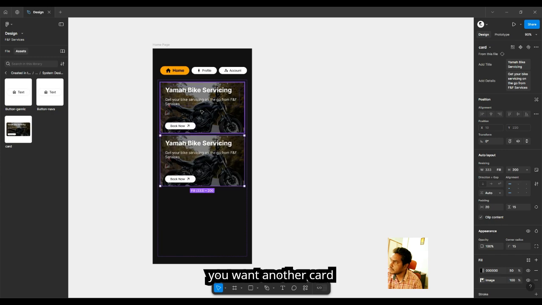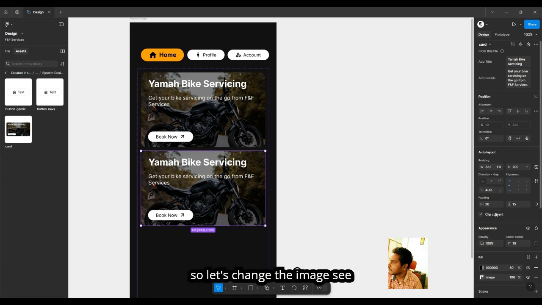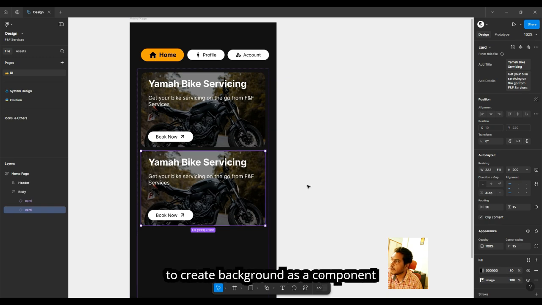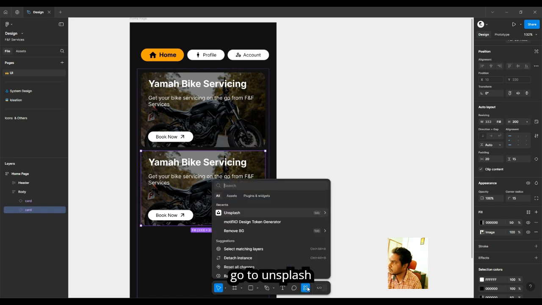you want another card, but it is not for Yamaha, but it is for a different company or different bike. Okay. So what are the things you will change? You will change the text title, and you will change the image. So let's change the image. See, still Figma has not figured out how to create background as a component, background as an instance. So they're still working on it. But if you click here, or let's say if you just go to Unsplash,